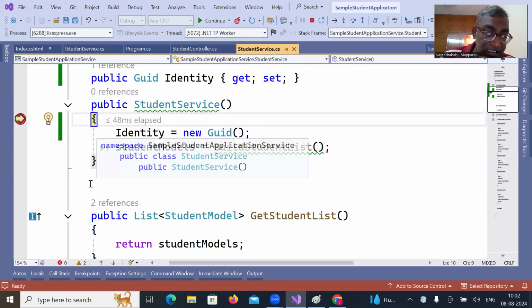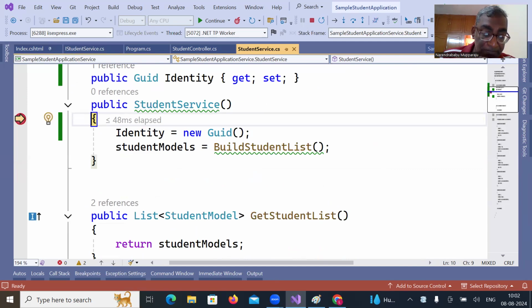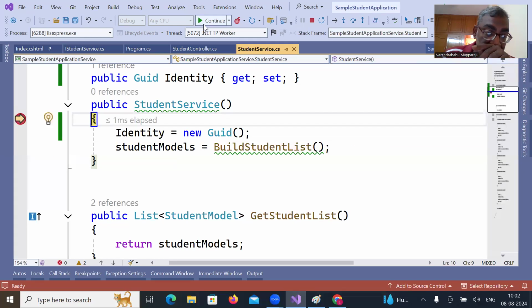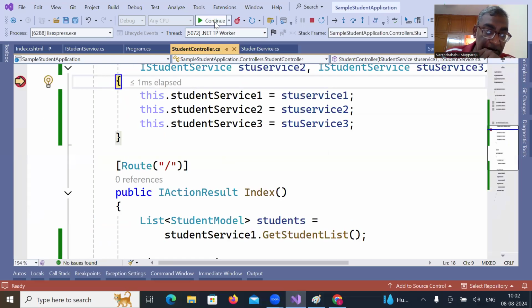Again, it is coming for the second time. Everybody, please say yes or no. Guys, you have to speak. Continue. Now you see the third time again it is coming. Now it is calling the service. If we use transient,